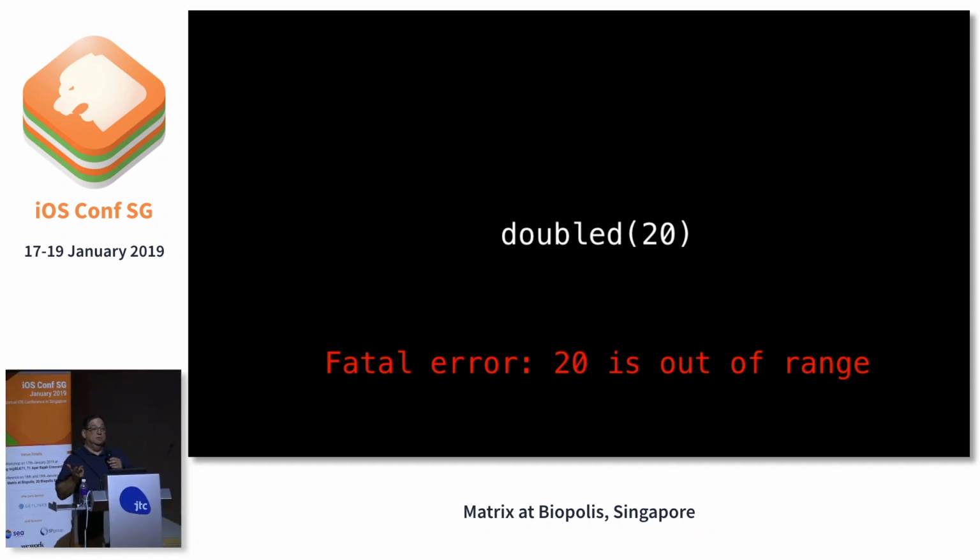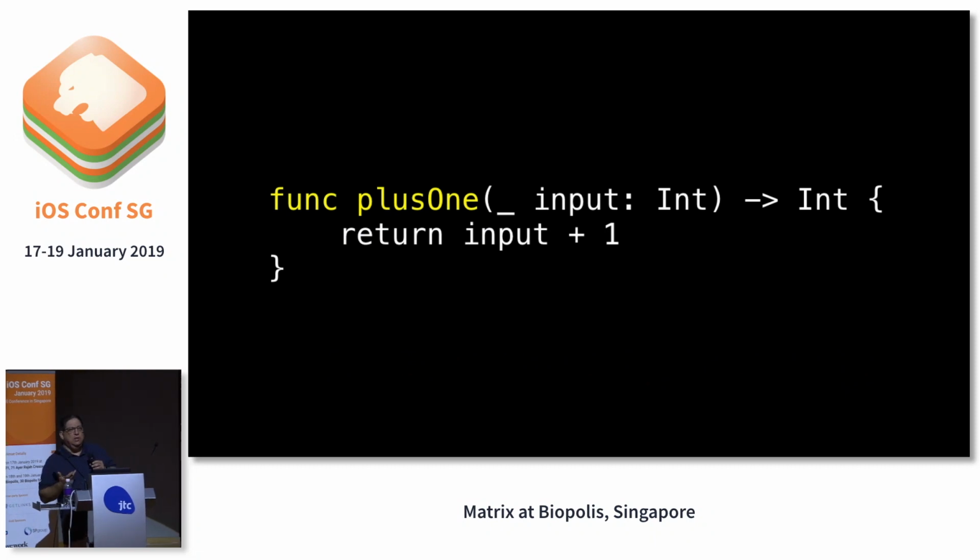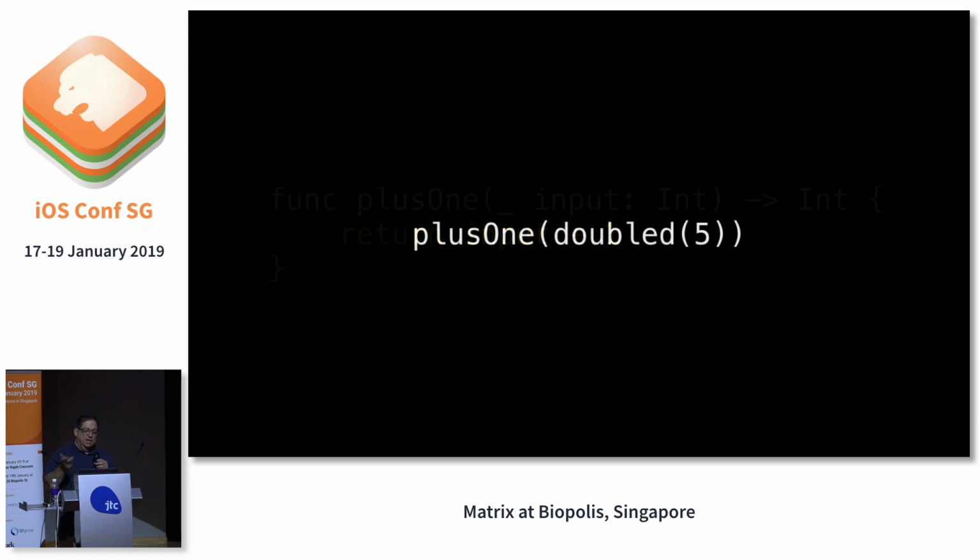What's the big deal? That's one way of handling it. And if it's something important where we do need the program to crash because it's in a state, either in development or even when we've shipped it out to people, then maybe it's important that it's in a state where we need to crash it. So imagine I have another function called plusOne. plusOne takes an Int and returns an Int. It just takes the Int you give it and adds 1. And what I'd like to do is double a number and then add 1 to it. And so if I double 5 and then I add 1 to it,